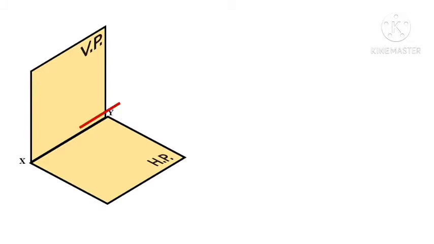So let's see the pictorial representation of this particular problem. This means first quadrant, and I have positioned the line as per the question. The line is parallel to VP and HP, and this is my A and A, and this is my A and B. From the horizontal plane to this, the distance is